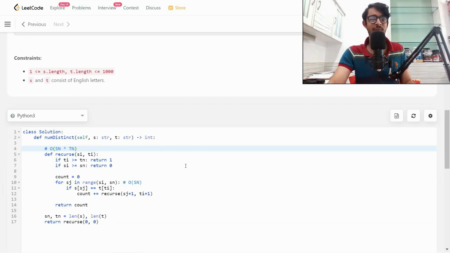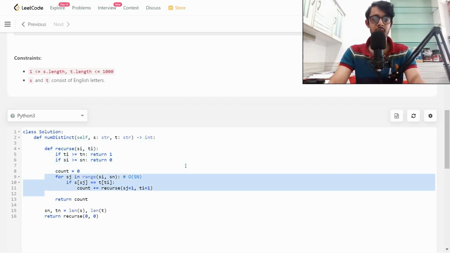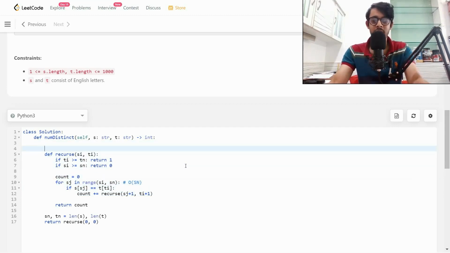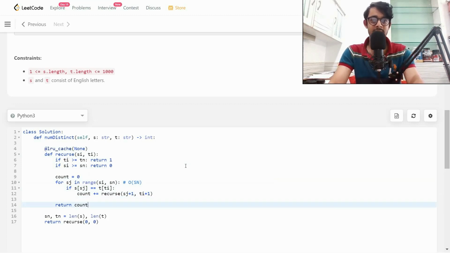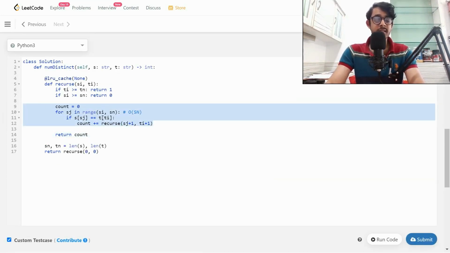Especially for Python, by the way. I'm not sure about other languages. In any case, we can do this. What can we do? We somehow need to optimize this for loop. This part looks pretty obvious, like we can't optimize this part, but maybe the for loop we can. I'm actually going to do one more thing. LRU cache as none. We'll convert this recursion to a DP, easy peasy. If you are in other languages, just have a 2D matrix that stores all of this compute. Okay. Now we want to optimize this guy and somehow figure out how to convert this for loop to a simple statement.